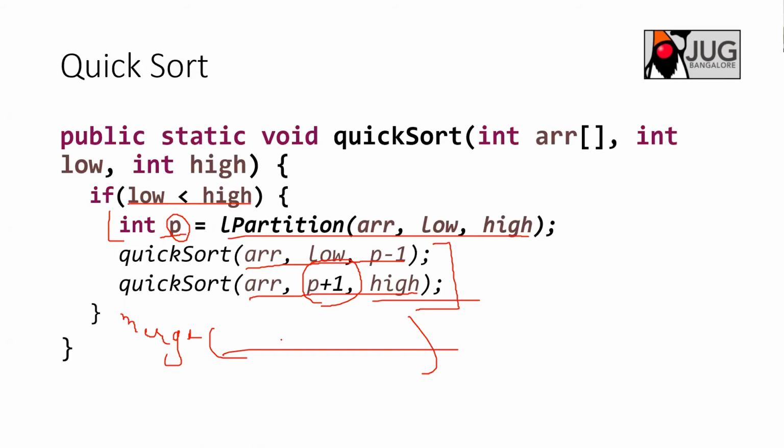Tail recursion is where the recursion call is at the last. So if you see here, right, in this quicksort method, your final call will be the recursion call. After that, you don't have anything to do. But in the case of merge sort, you're calling a merge function finally. You call merge sort, and finally you call a function on that, right? You have something to do at the last.